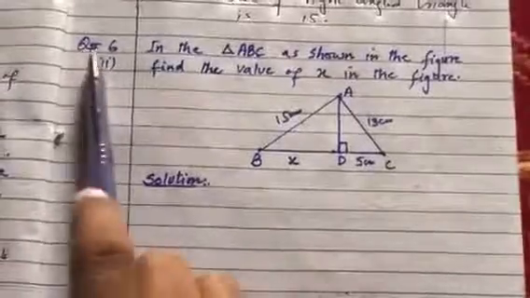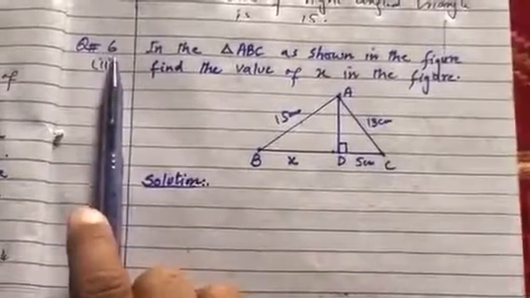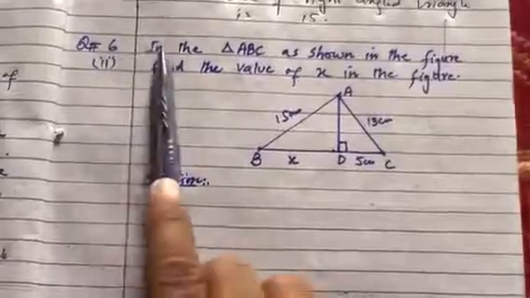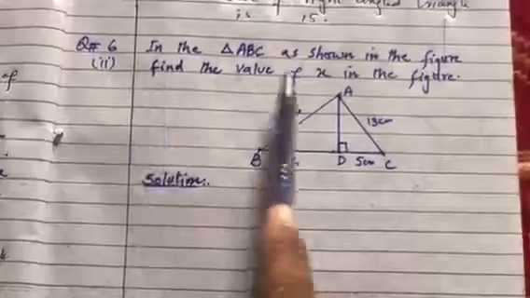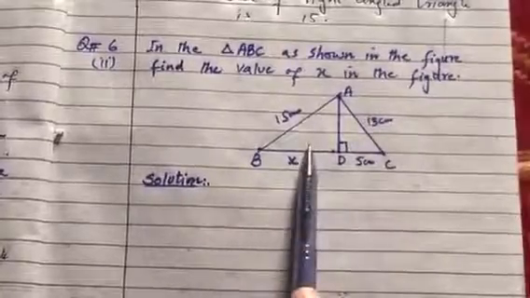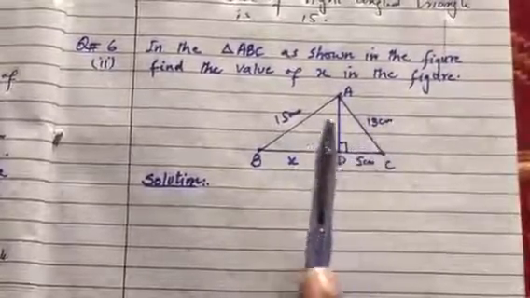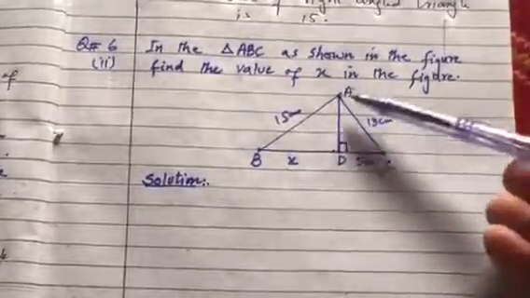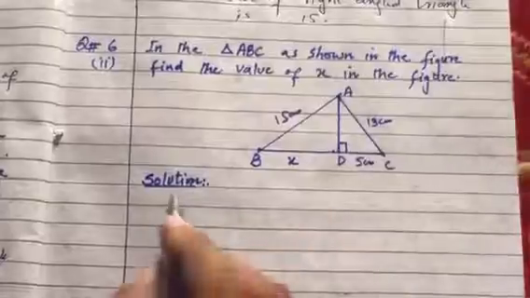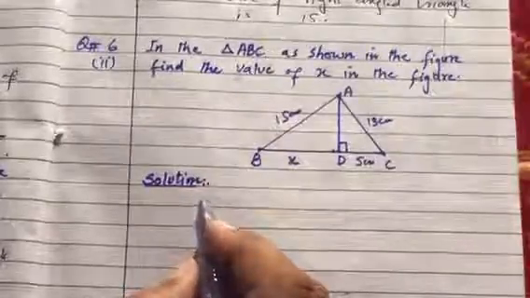Okay student, now we are going to solve question number 6 of exercise 15. The statement of question number 6 is, in the triangle ABC as shown in the figure, find the value of x in the figure. As you see in this figure, we have two right angle triangles. So in the first triangle, which is ADC, so we will write